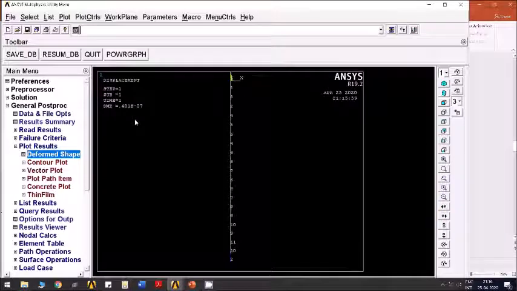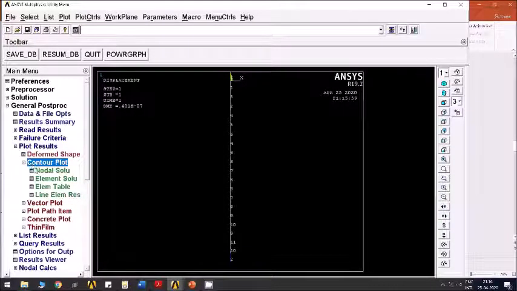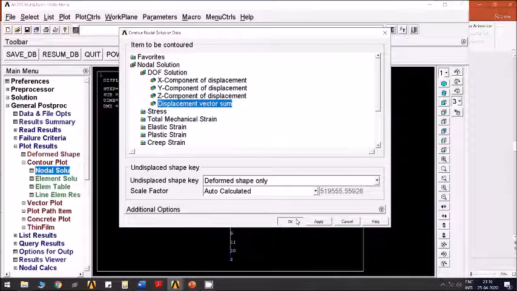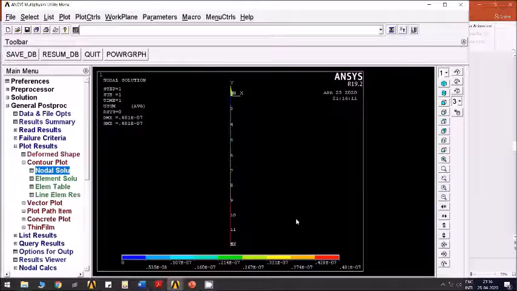Maximum deformation is 0.48 into 10 power minus 7 meter, or you can say displacement vector sum to see the plot. 0.481 into 10 power minus 7 is 0.481 into 10 power minus 4 mm.